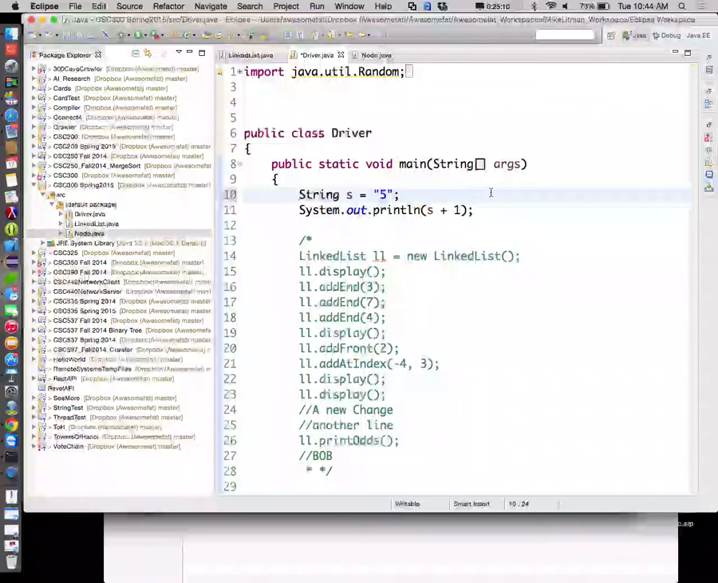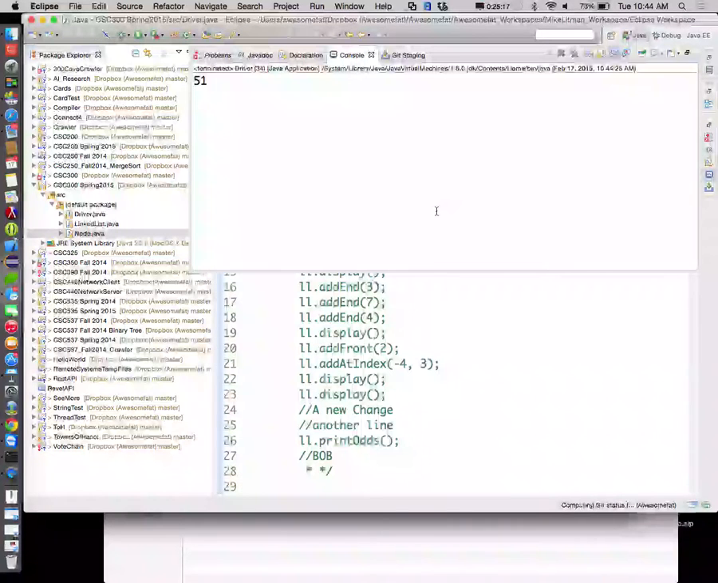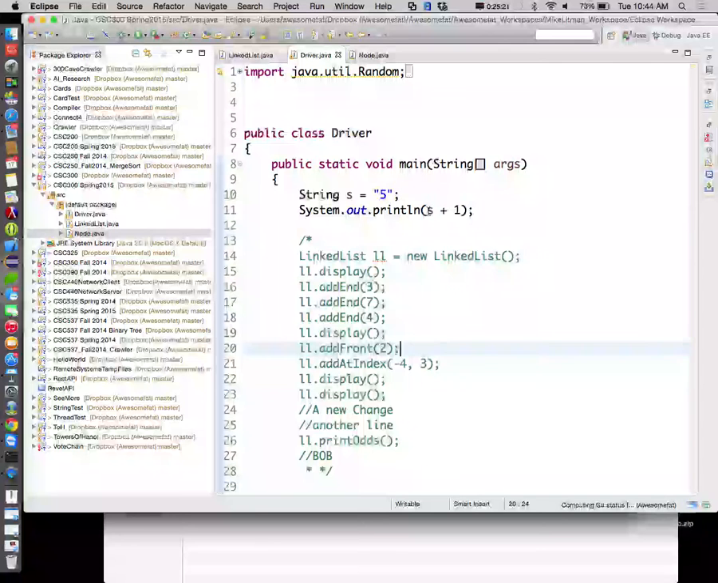Now what will print out? 5-1. 5, 1. Okay, not 6. Still treated as a string, correct? Well, so what can I do? Well, I can say Integer